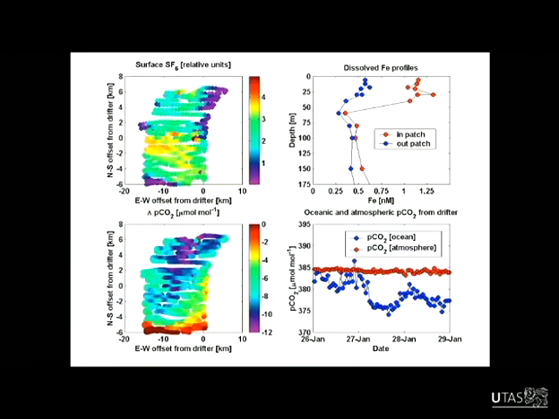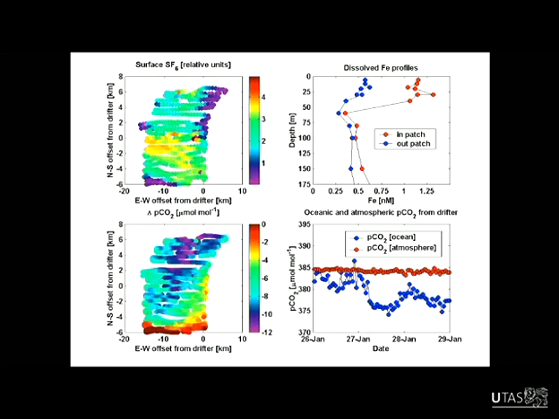Another way that we keep track of where we fertilise is we put an inert tracer in as well. So there's this chemical sulfur hexafluoride, which is biologically inactive, but you can measure it at extremely low concentrations. So when we're putting out the dissolved iron, we also put out a very small amount of this sulfur hexafluoride. So we can measure the concentration of sulfur hexafluoride to know that we're still going over the top of the patch that we've fertilised. After the phytoplankton take up the iron, we wouldn't be able to tell where the patch was just by the concentration of iron. We use the concentration of sulfur hexafluoride.